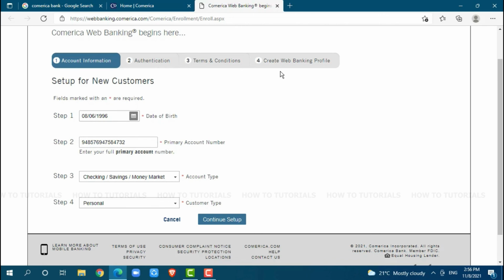And lastly, you will be moved towards create web banking profile, where you will have your banking profile creation. There you need to create your online banking profile for the Comerica Bank. After you go through all these 4 steps, you will be able to register yourself for the online banking account